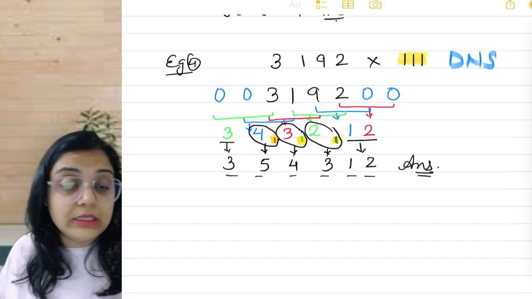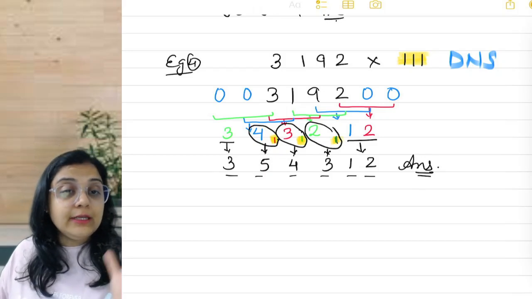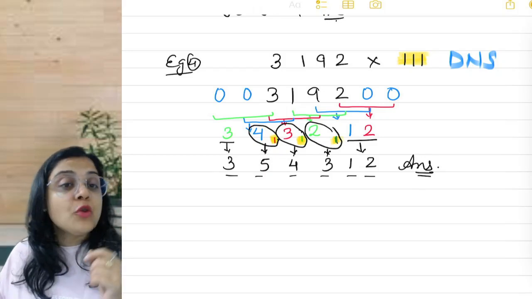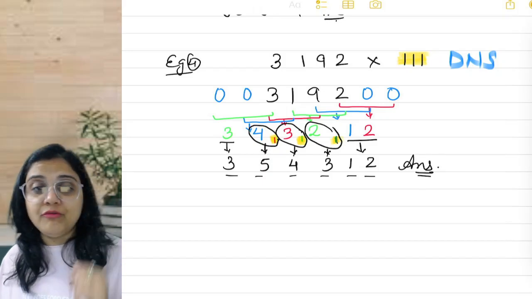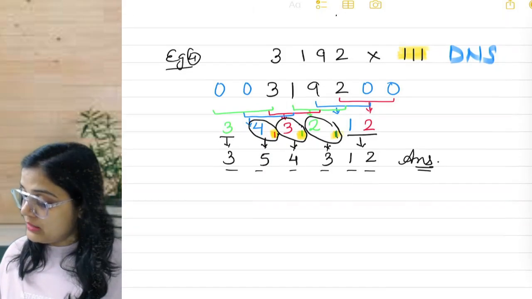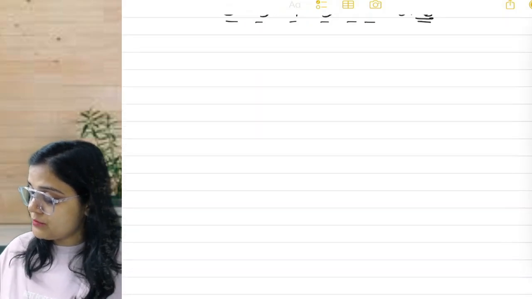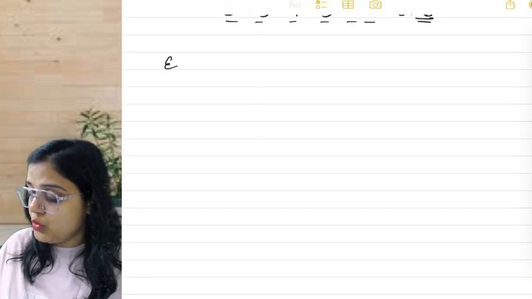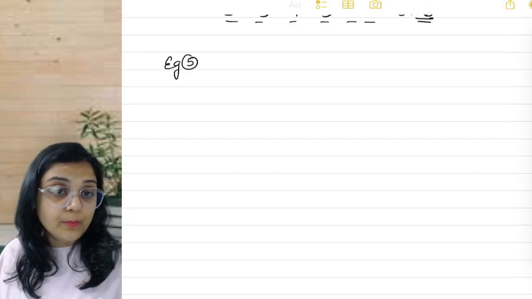I hope this is making sense to you. We are still into the very easy topic of Vedic maths. All you need is just to practice. And for that I have made a worksheet for you. Alright. Just follow the worksheet after this class. And this is my suggestion to you all. Do the worksheet on the same day, the day on which you are watching the video.